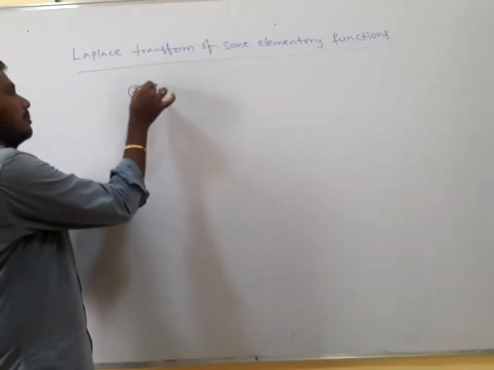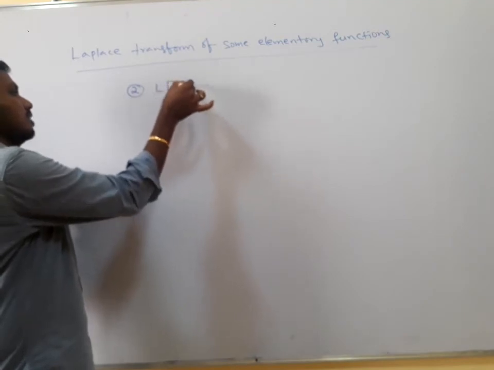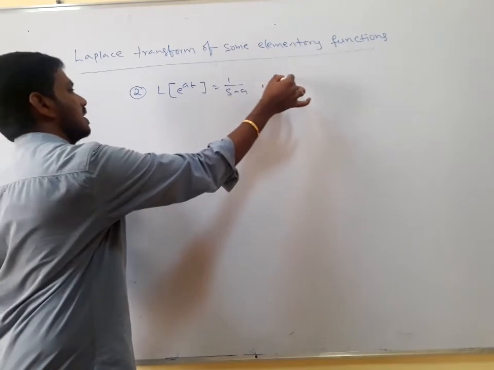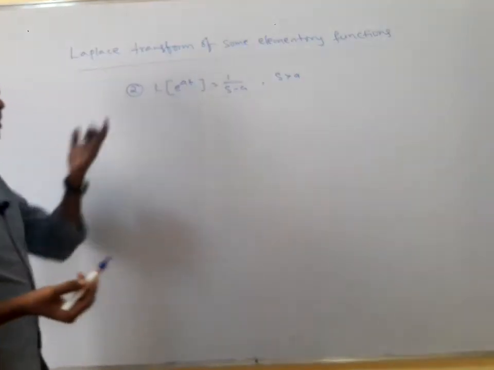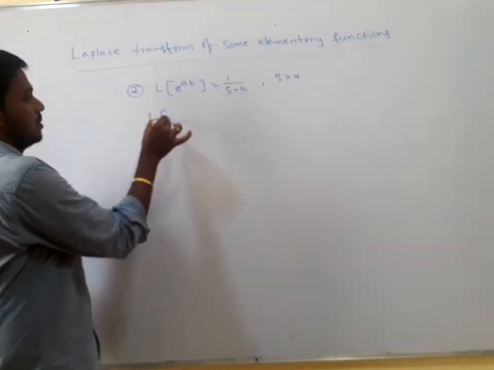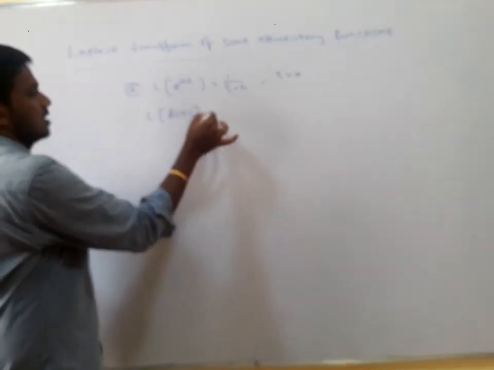Next, second one, Laplace transform of e to the power of at is equal to 1 by s minus a, here s is greater than a, that is s minus a is greater than 0. So in this case, Laplace transform of f of t is equal to, from the definition,